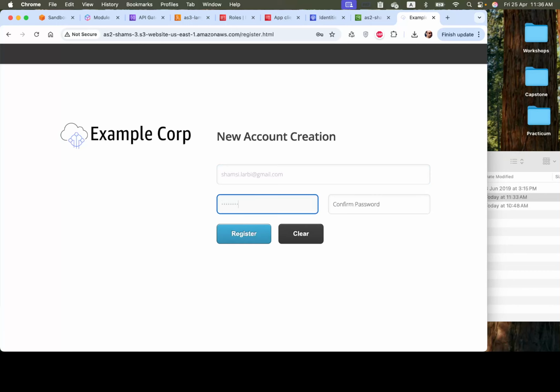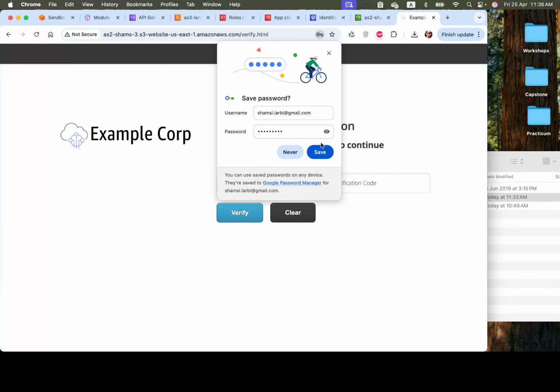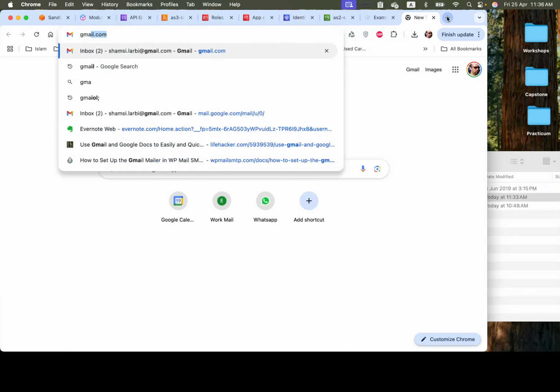You can create your own here by just setting the username and password, and then registration successfully. Perfect. So my authentication is well done. I will save my new password, and then I will go back to my email inbox,